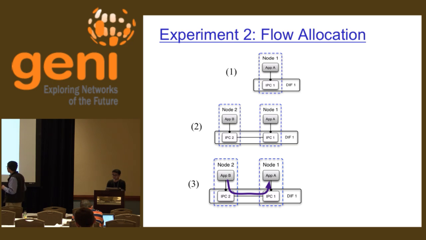So in this experiment, we're going to run node 1 first, node 2 will run the enrollment procedure first to form the DIF, and then app B will issue a flow allocate request, and then at the end we will see that they exchange messages. So we have simple applications where they just send hello messages to each other. Okay,